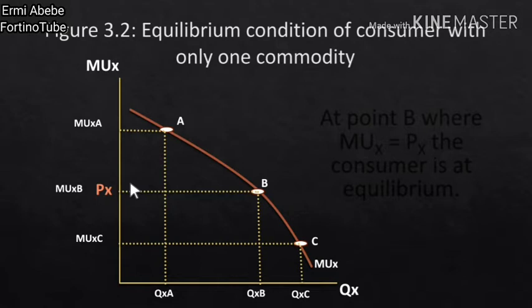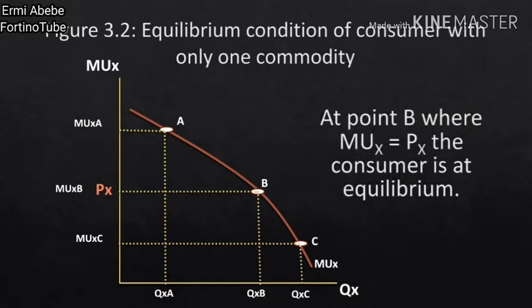ከፍለን የምናገኘው ደስታ ከከፈልነው ብር የሚያንስ ከሆነ are we rational to consume? ምንም ሪዝን የለም ኮንሱም ለማድረግ፣ ምክንያቱም ከከፈልናት አንድ ብር በታች የሚሆን ደስታ ካገኘን we are not willing to consume ማለት ነው። So consumption ማቆም ያለብን at point B ነው ማለት ነው። At point B where marginal utility of x is equal to price of x ሲሆን the consumer is at its equilibrium ብለን እንወስናለን ማለት ነው። ስለዚህ QXB ደግሞ it is an equilibrium quantity ነው ማለት ነው።